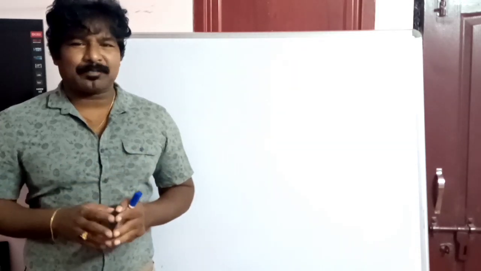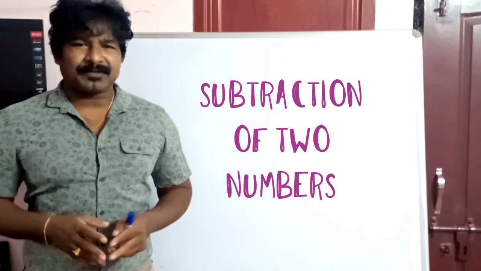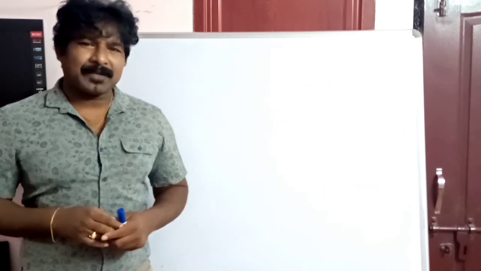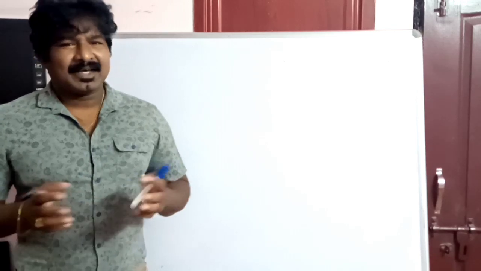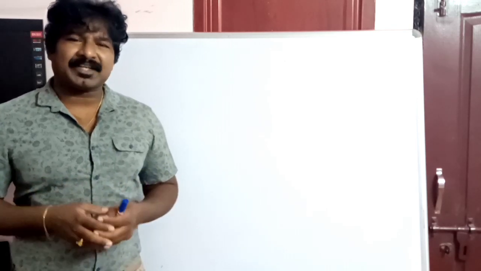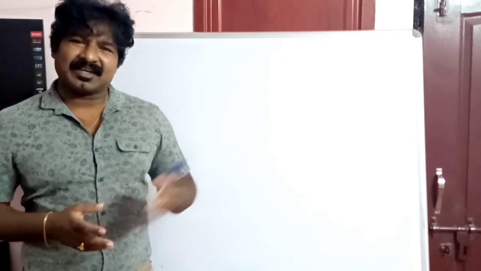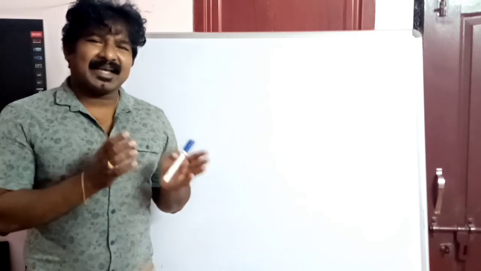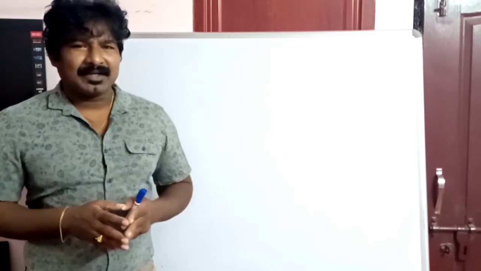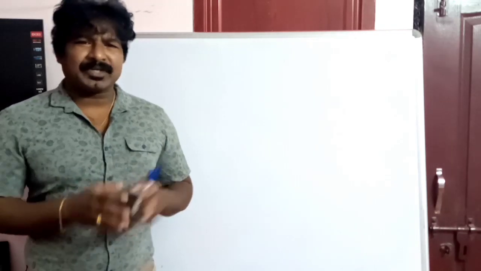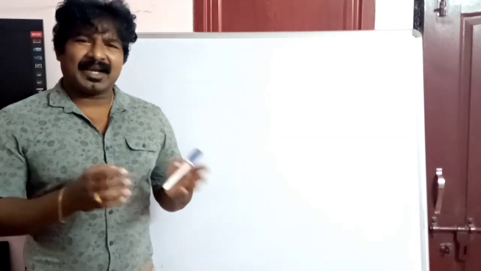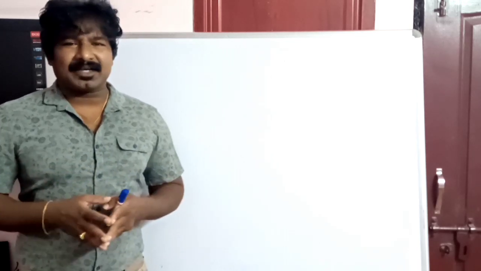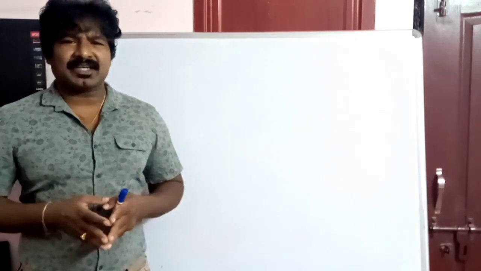Then we discuss how to write a program for subtraction of two numbers. Okay, friends. So the logic is, we want to perform addition on two 16-bit numbers. For storing 16-bit numbers, we need any of the general purpose registers. You can use any of the registers like AX, BX, CX and DX. So the logic is you can take one number into one register and take another number into another register. This is one way, and another alternative way is you take one number into one register and in the second one you can directly add to the register. So that gives you the sum of the two numbers. You can use any of these two logics.